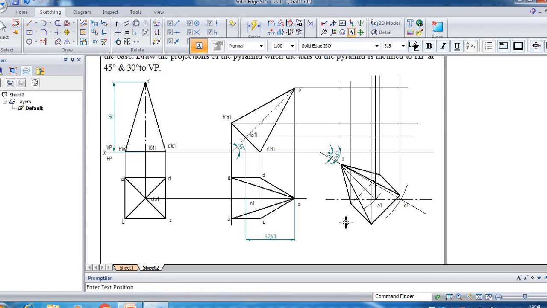Before joining those points, place the namings. Rotate in the counterclockwise direction. So this point is going to be D, A, B, C. D, which is O, is along this line, and your O dash is on the topmost line, so this is going to be your new O dash.